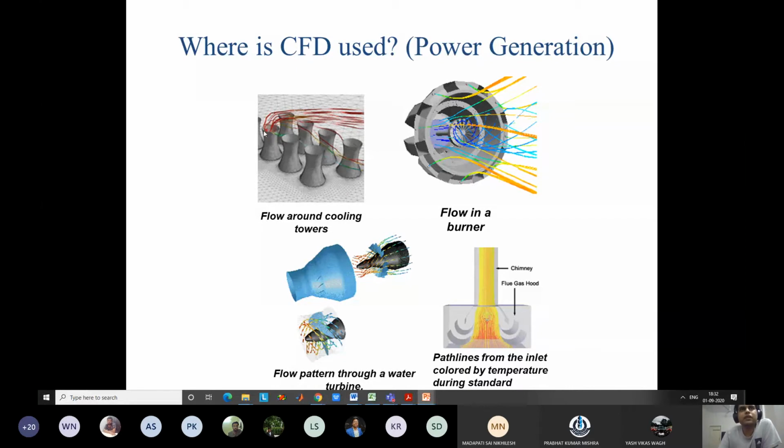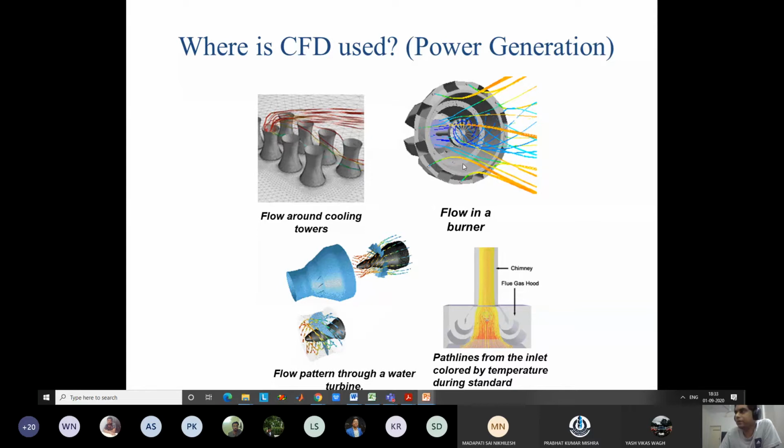So, for example, cooling towers are an important aspect of thermal power plants, as you already know if you have studied power plant engineering. So, how the flow gets out of the cooling tower, that is also important. We may ignore this in normal power plant engineering, but the flow should go out to a very high distance and it should not interfere with the neighboring regions. So those things also can be studied using CFD.